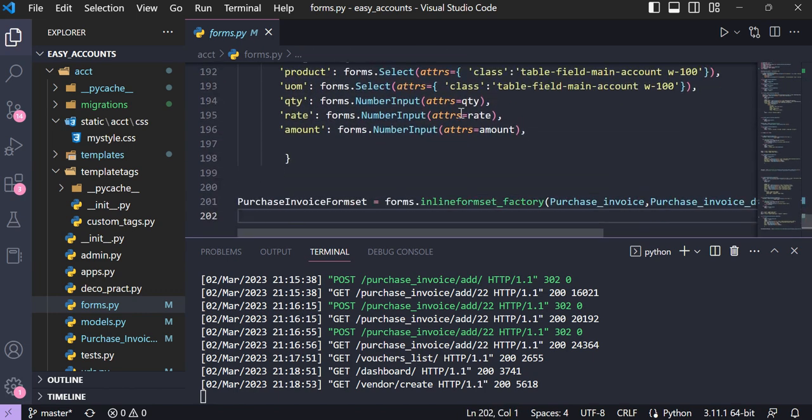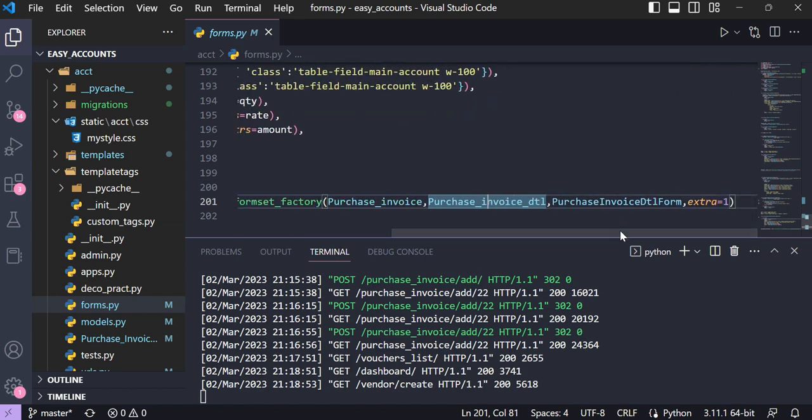And here actually the inlineformset_factory, this is a very powerful tool of Django. Using that we are creating multiple forms. Here we have 2-3 options: formset_factory, modelformset_factory, inlineformset_factory, meaning master-detail. We are putting here the master model, then the detail model, then here our form name, this form name, this one. And here the extra, how many extra rows will come. For example, if I put 10,